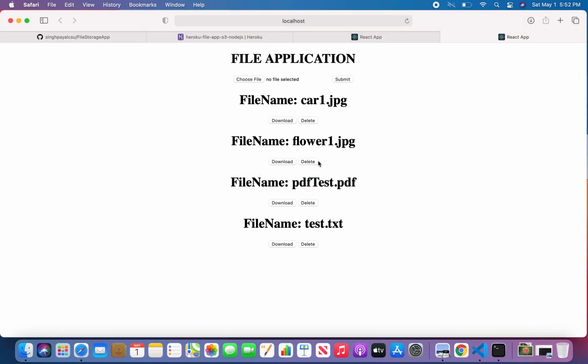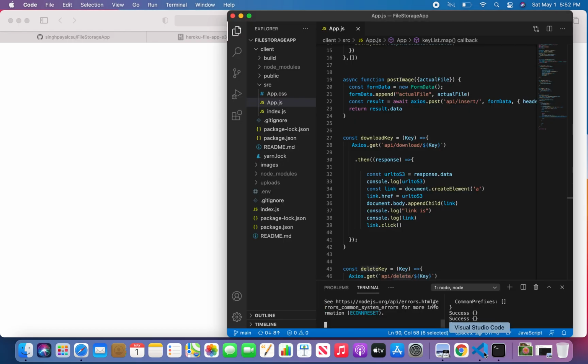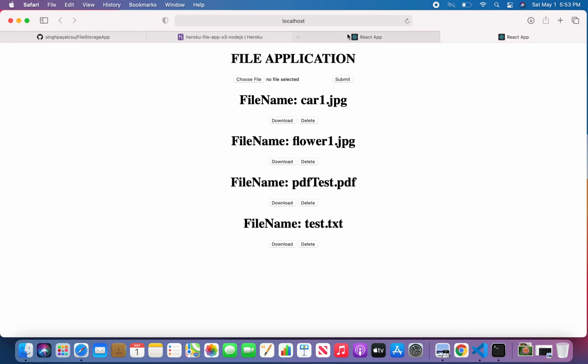And if I want to delete this file, I will just click on delete, and it will delete the file from my S3 bucket, and you will not be able to see this file in the console itself. This is the code, you can see success and all.